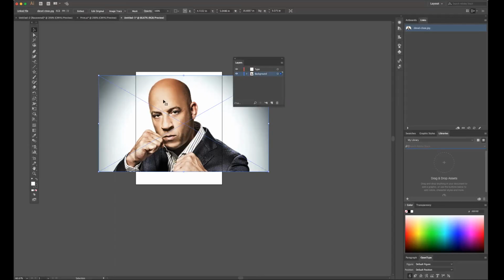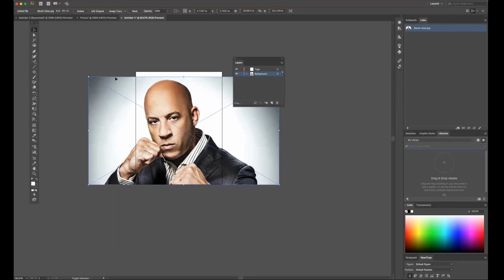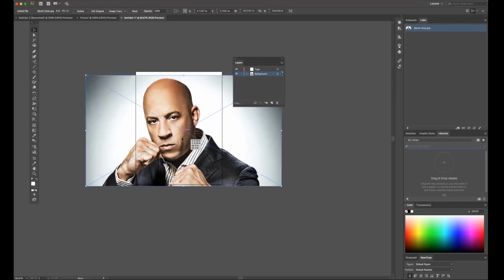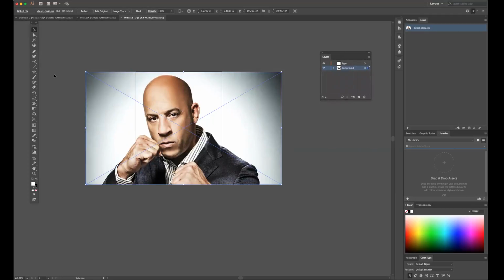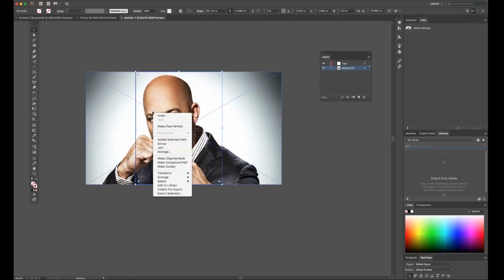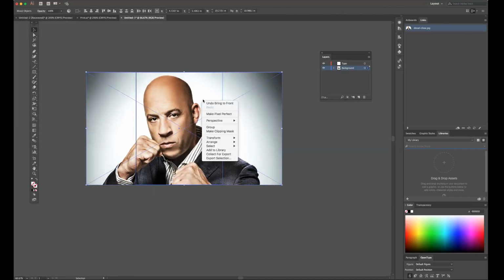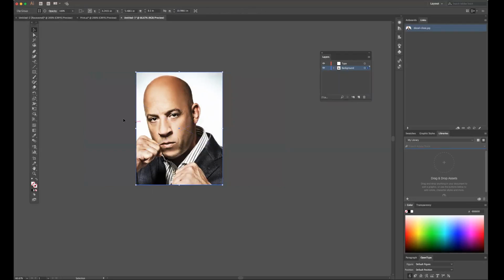So on my background layer, I've got my picture. I'm going to resize it to the page, kind of where I want it to be. All right, just like that. So I've got him placed. Now remember how we did a clipping mask? If the photo is too large, you can just draw a rectangle, take off the stroke, take off the fill, right click, arrange, bring to front, and then select all of the elements. Right click, make clipping mask. Okay, so now he's all set and you can move him around later.